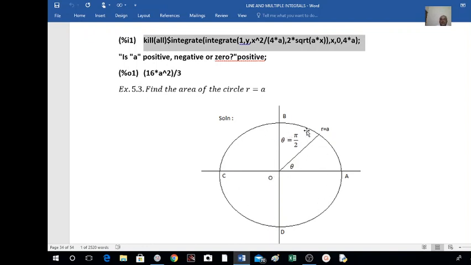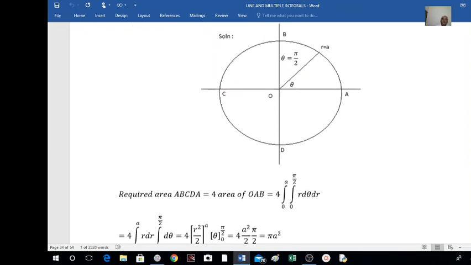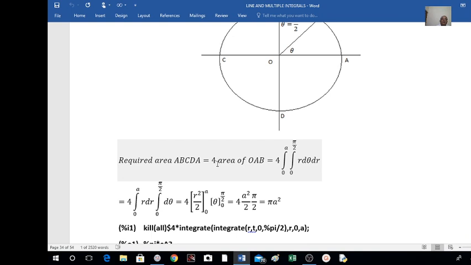Now, in this region, what is happening? What about the limits of r and theta? See, if r is here, then it is equal to 0. That is r equal to 0, and r comes here. At this point, r equal to anywhere here, right? That is, r ranges from 0 to a. What about theta? Theta starts from here at this point, and theta goes up to this line, the y-axis here. That means here, theta ranges from 0 to pi by 2. So these are the limits of r and theta. r ranges from 0 to a, theta ranges from 0 to pi by 2. Now the formula for finding the area in polar form is this one here. I have multiplied by 4 because we are calculating the area in the first quadrant only.